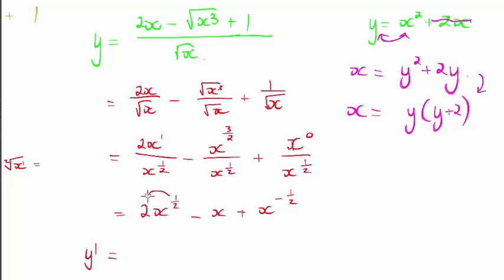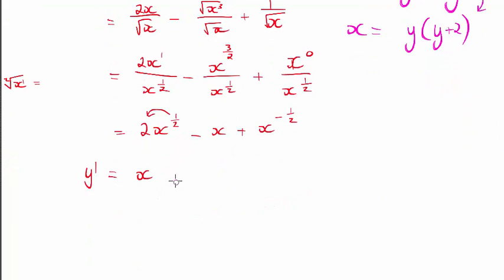I'm going to use this notation, whichever they want. Now I can multiply the coefficient with the exponent. So a half times 2 is x. Subtract 1 from the exponent, which used to be a half. It will now be negative a half. Minus, this one will just be 1, because 1 times the negative 1 is 1. 1 minus 1 is 0, so I've got x to the power of 0, which is just 1. And this one becomes negative a half gets multiplied in front, x, and its exponent, instead of being negative a half, becomes negative 1.5,